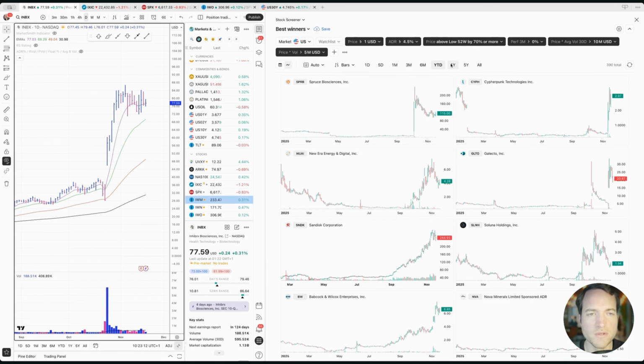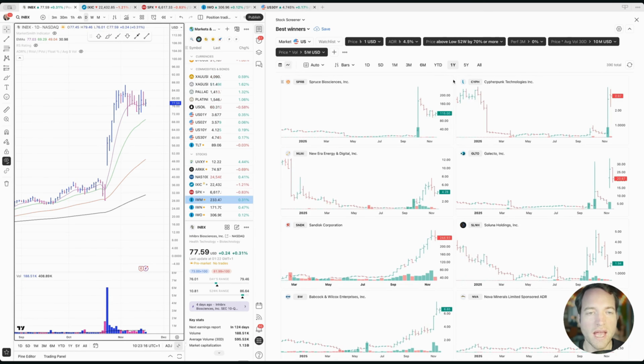And when you don't have so much time, then you can use the weekly chart here. You switch to the 1 year, and then you have the weekly charts. And it's the same thing here. What you want to look for are tight consolidations. You can see that here,